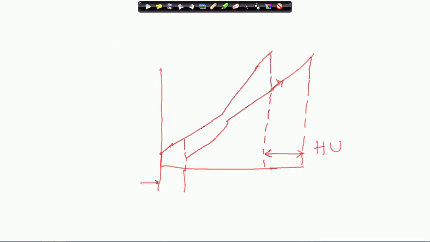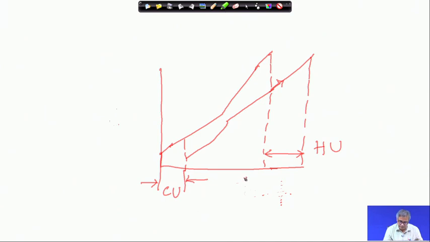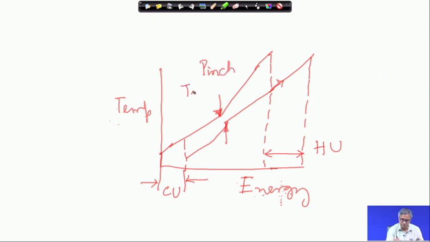So, this is your cold utility, this is our energy, then it becomes cold utility, it becomes hot utility, and this side it is temperature. So, this becomes your pinch temperature difference. And in the present problem, this is your 20 degree Celsius. So, this is your cold utility.